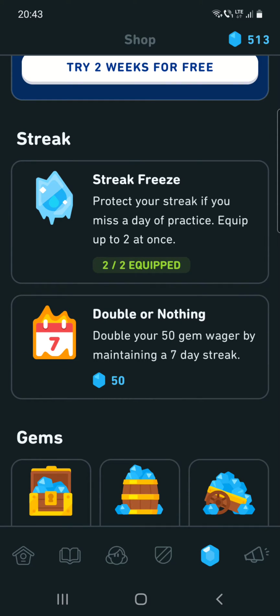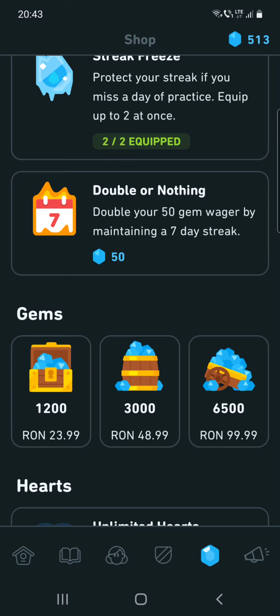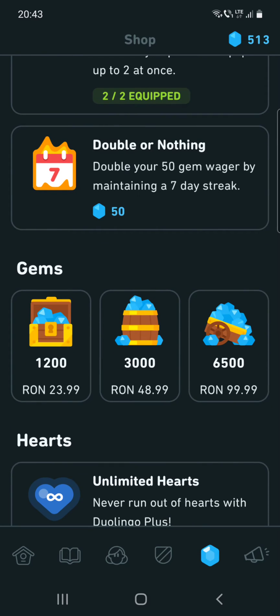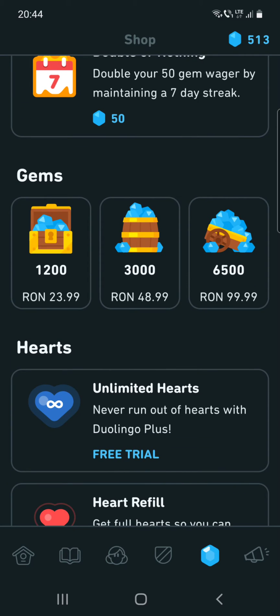After that, the double or nothing. Double your 50 gem wager by maintaining a 7-day streak. And here you can buy gems. You can see the price as well. For me, right now it's RON, but if you are in another country, it will appear in your local